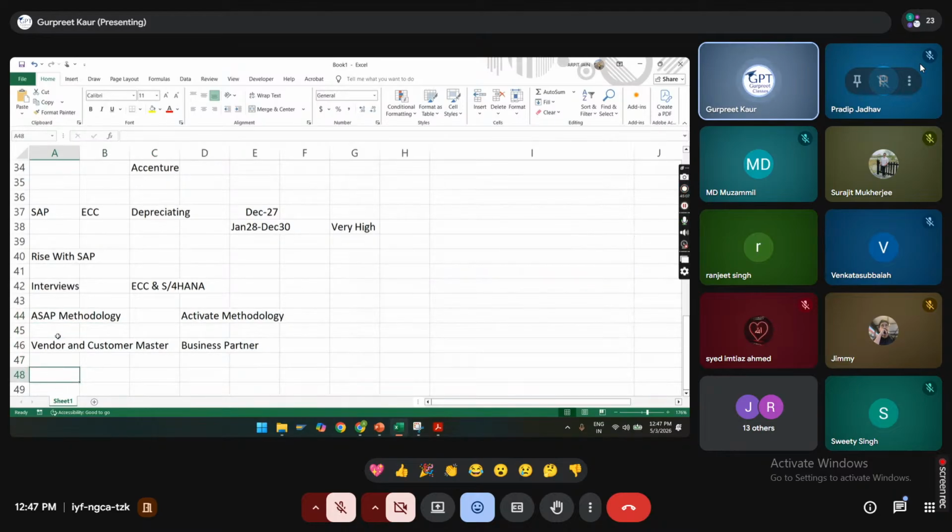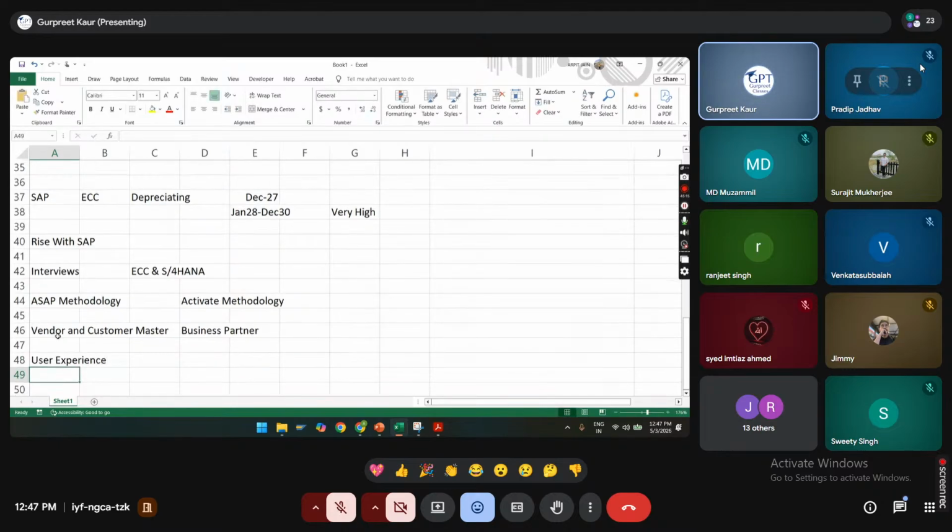The biggest third difference is the user experience. Over here, we have only GUI, that is graphical user interface. In S/4HANA, we have GUI plus Fiori apps.